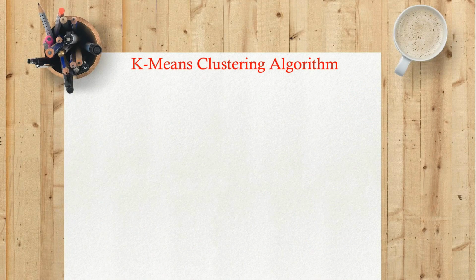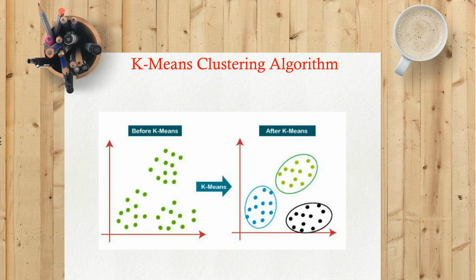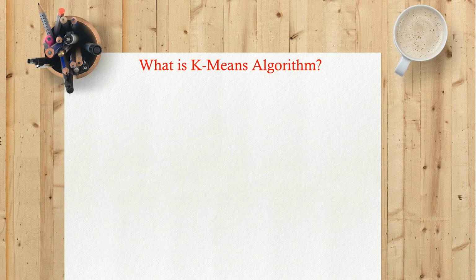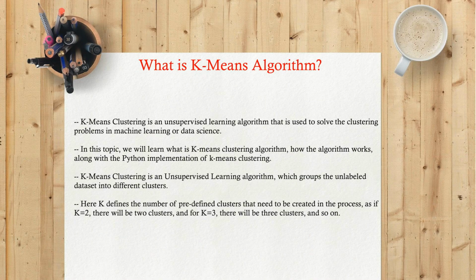K-means clustering algorithm. What is K-means algorithm? K-means clustering is an unsupervised learning algorithm that is used to solve the clustering problems in machine learning or data science. In this topic, we will learn what is K-means clustering algorithm, how the algorithm works, along with the Python implementation